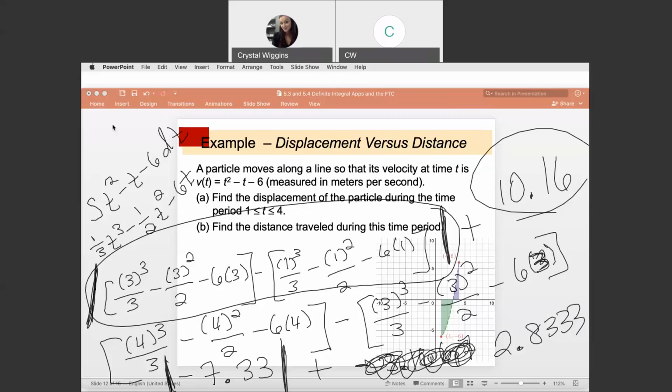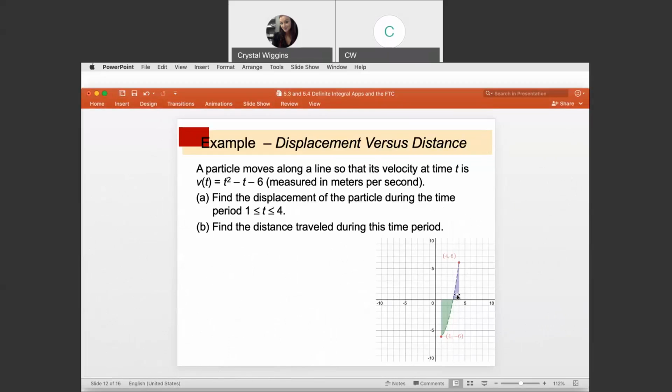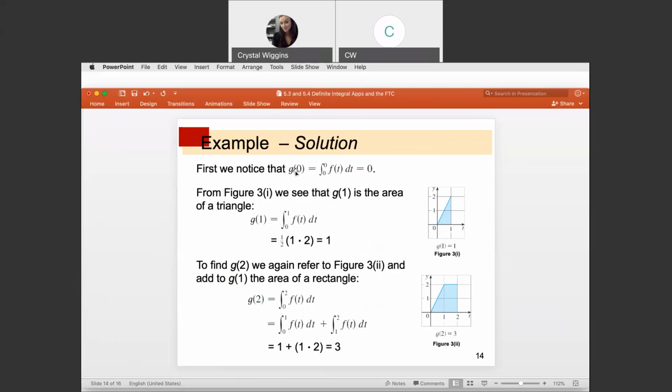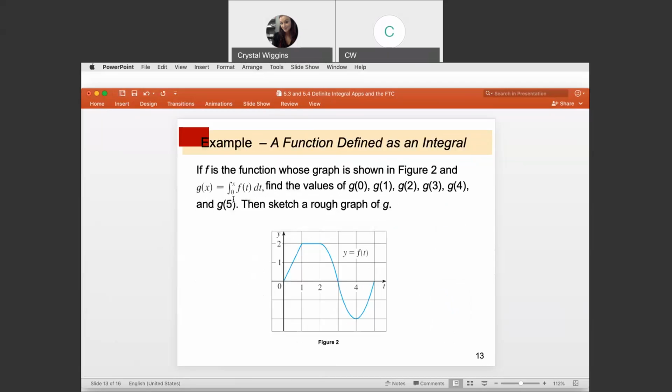So in general, area above the x-axis is positive, area below is negative unless you apply an absolute value. So if f is the function whose graph is shown in this figure, and g of x is equal to the antiderivative of that function, find the following values. Find g at 0, g at 1, and so on. So if we take the function g at 0, notice that if I go back a slide, it's labeled 0